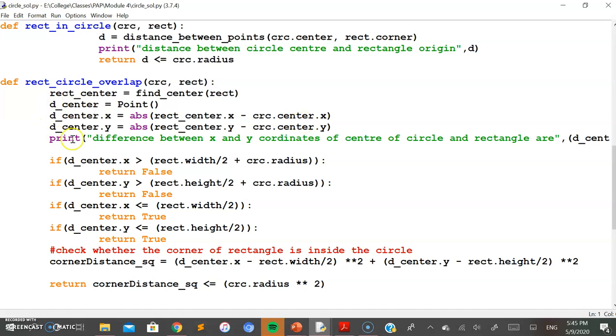So once you have got these two values, next you need to make a comparison to judge whether the rectangle overlaps with the circle or not.